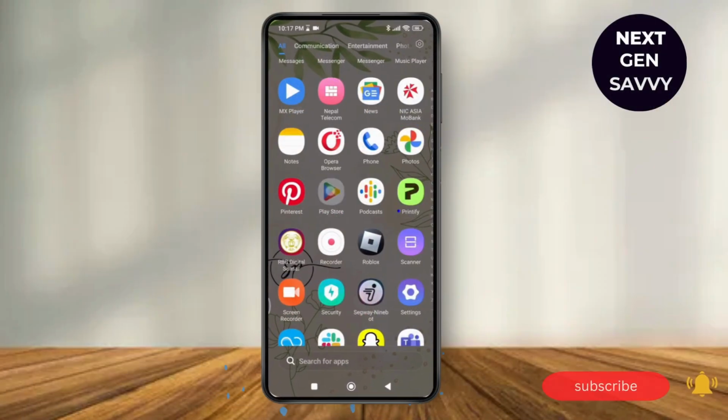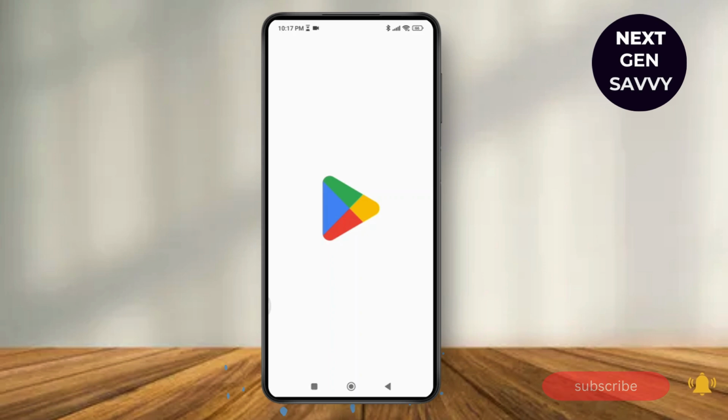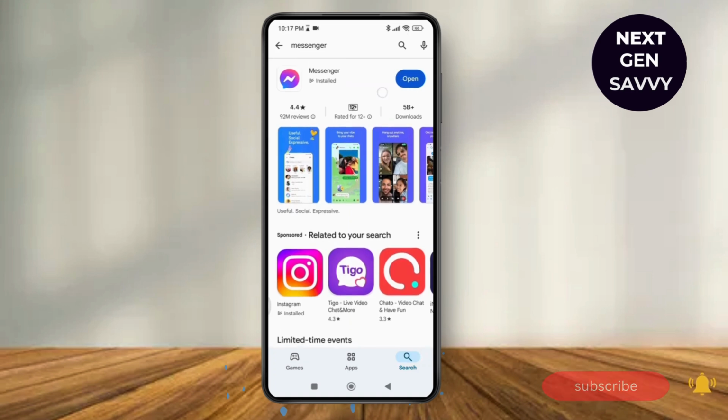So first of all, launch the Play Store application on your device and make sure you have the updated version of the Messenger application on your device. So here, as you can see, there's no option of update, which means we have the latest version of the Messenger application. So whenever you want to read messages on Messenger without being seen, you can just launch the